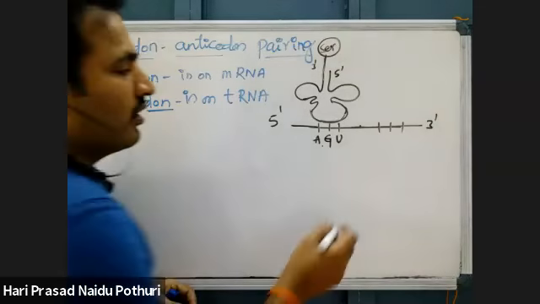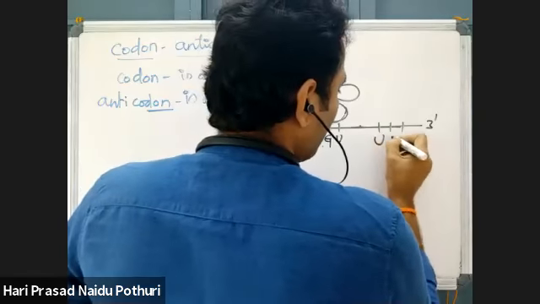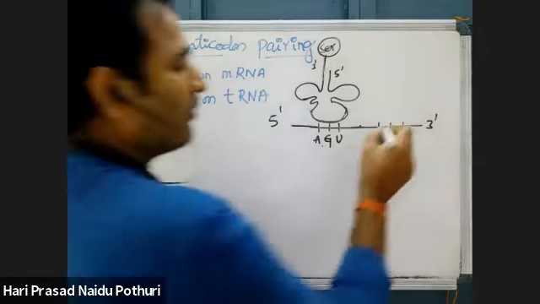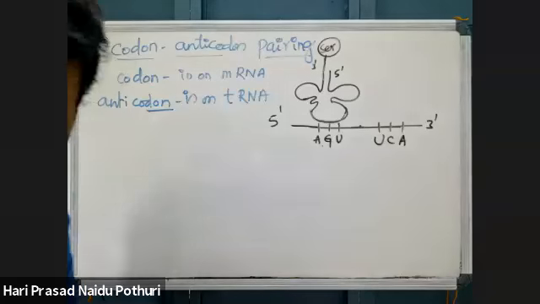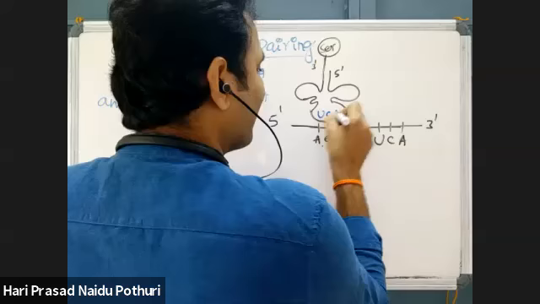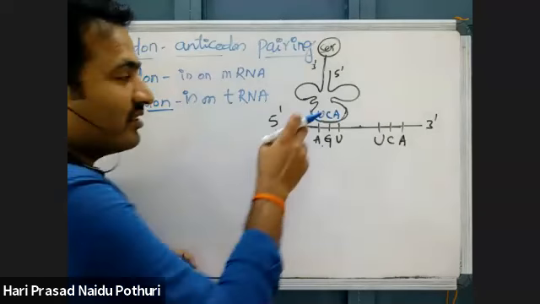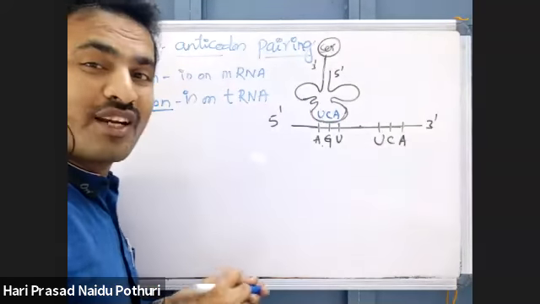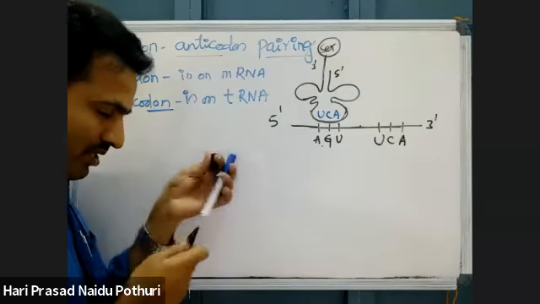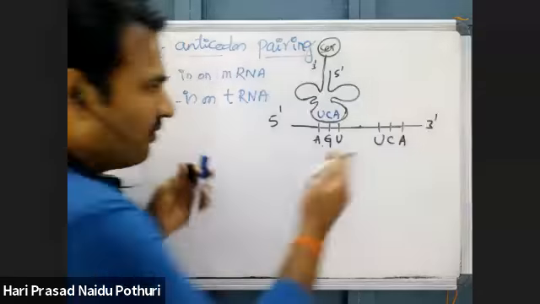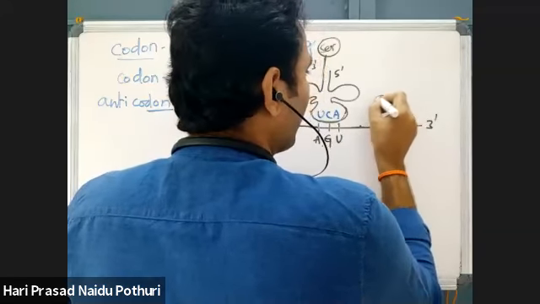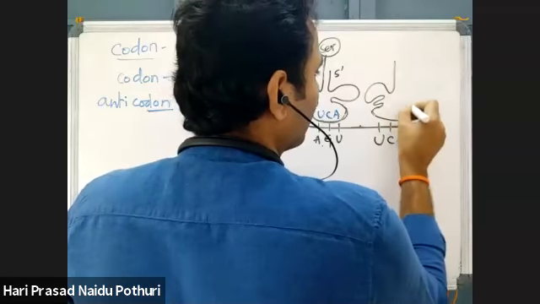Suppose there is another genetic code on this mRNA, which is UCA. Then what will be the anticodon? Write the anticodon here now, then we will go. We can write this as UCA, but we should read it in ACU direction. I will tell you, wait. This is one mRNA; to this there is binding of a tRNA molecule like this.